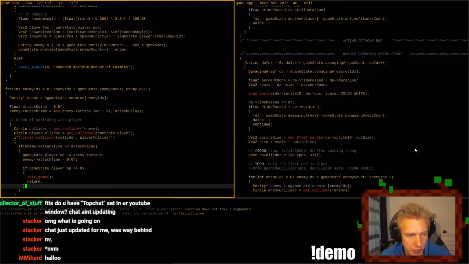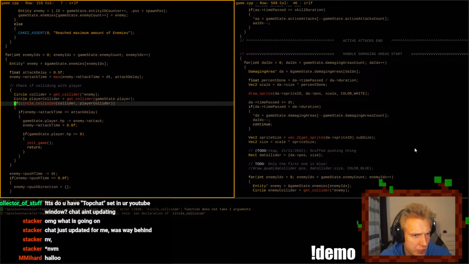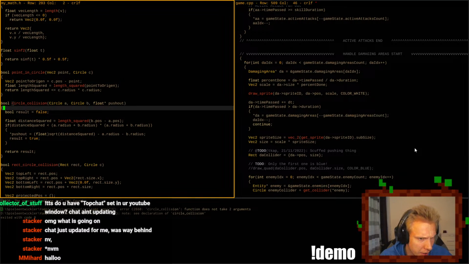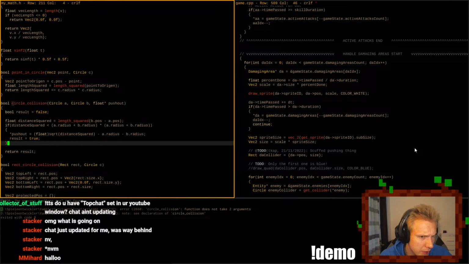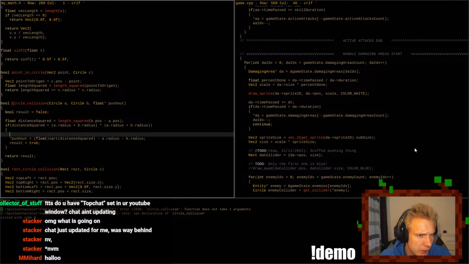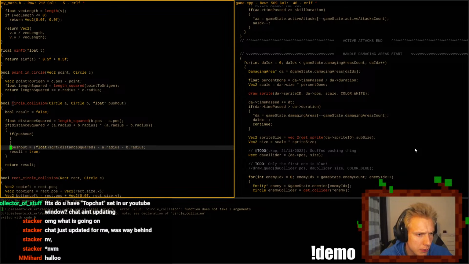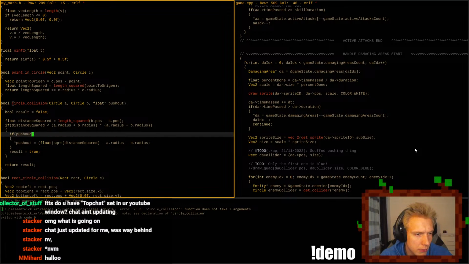In this case, I think that works. Circle collision does not take 2 arguments. Or it takes a push out. I guess we'll supply 0. I don't want us to have to supply push out.